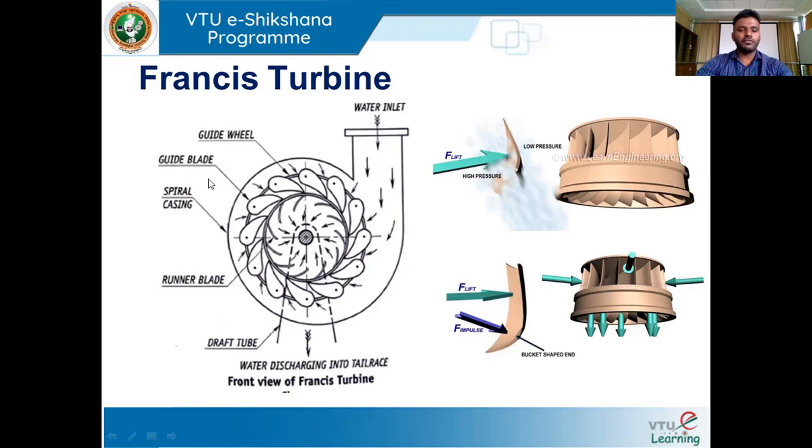In the case of stay vanes, it is stationary, so we cannot tilt the stay vanes to the required angle. What does it do? Since water enters through the penstock and into a spiral casing, the water has to be distributed uniformly onto the runner blade. That is one function. Another function: since water flows at high velocity and pressure, it has got a swirl. That swirl has to be reduced in order to increase the efficiency of the turbine.